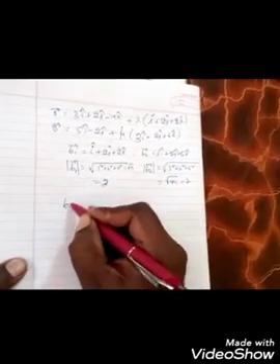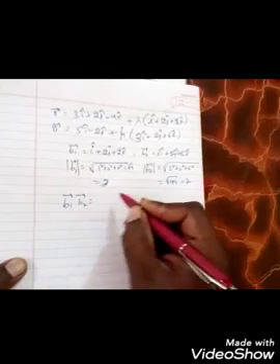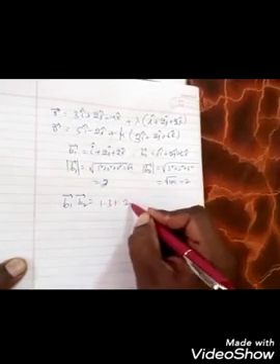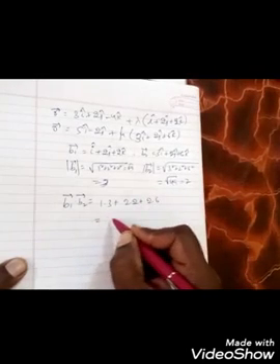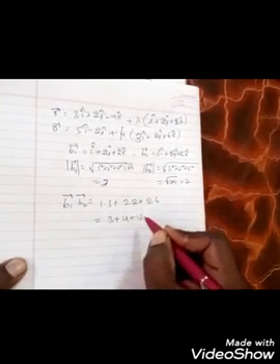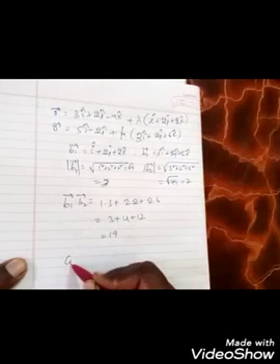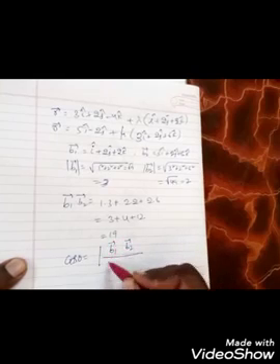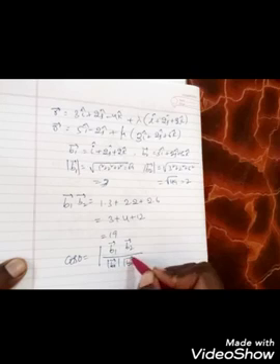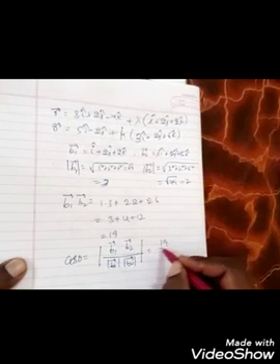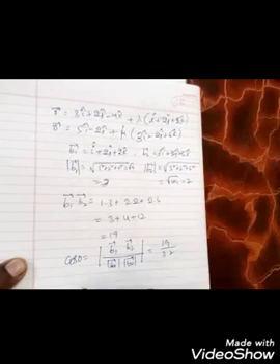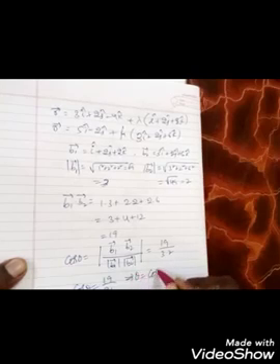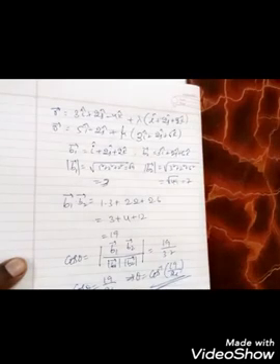Further you have to find b1 bar dot b2 bar. b1 dot b2 is nothing but the coefficients: 1 into 3 plus 2 into 2 plus 2 into 6. Observe there, 3 plus 4 plus 12, that is nothing but 19. Now cos theta is equal to modulus of b1 dot b2 by modulus of b1 bar into modulus of b2 bar, that is modulus of 19 by 3 into 7. Therefore cos theta is equal to 19 by 21. That implies theta is equal to cos inverse of 19 by 21. This is the angle between the required lines.